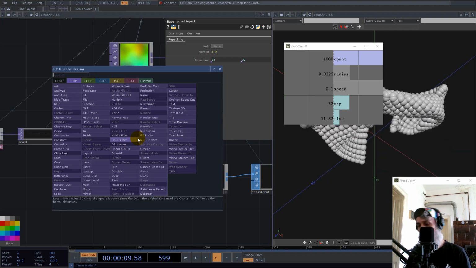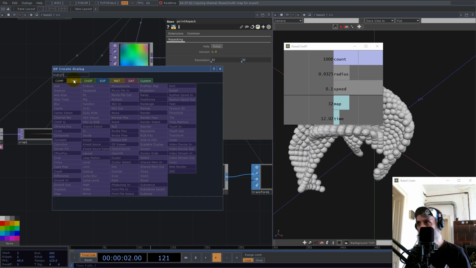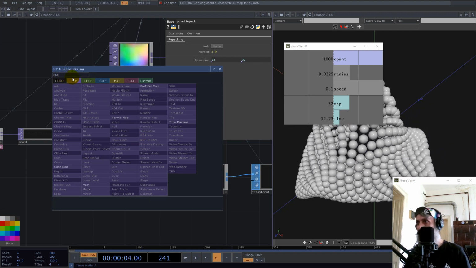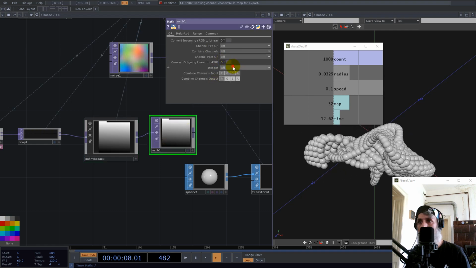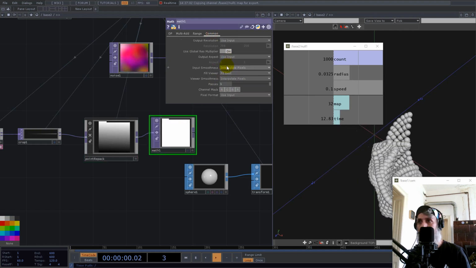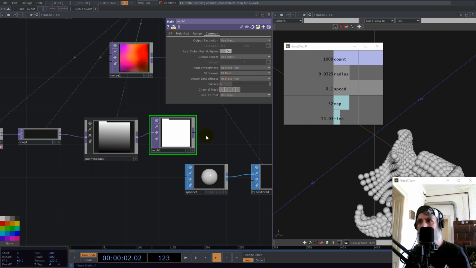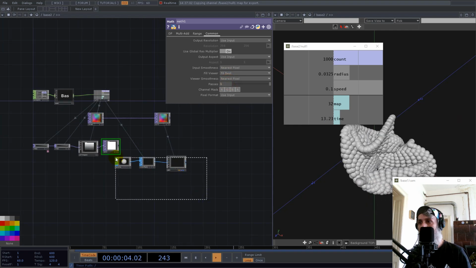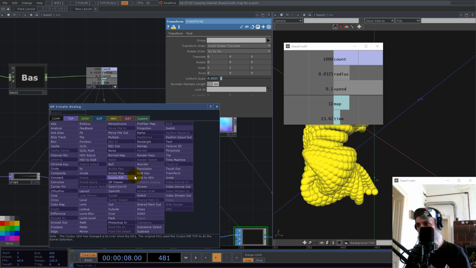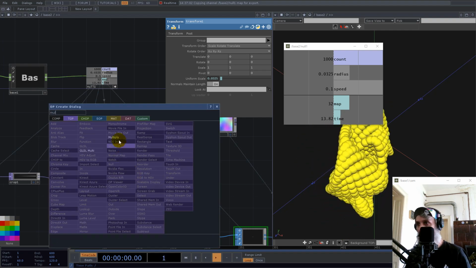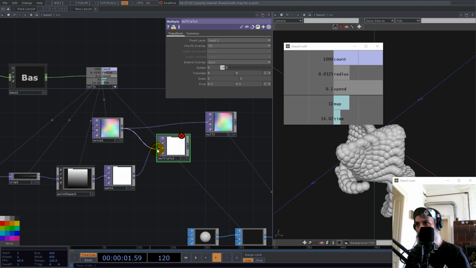And let's use a mod. Okay, and we go for ceiling. Okay, now if we multiply this texture with this one using a multiply TOP, okay,